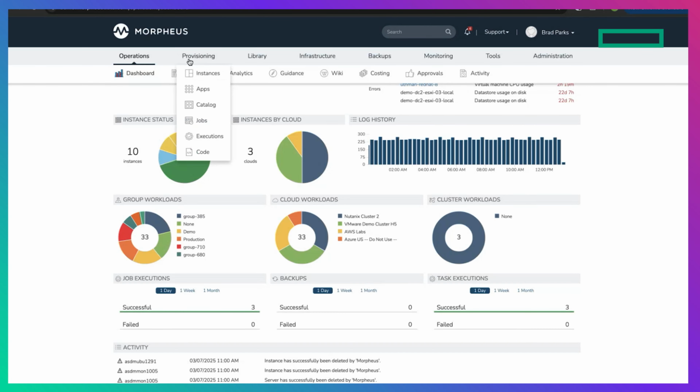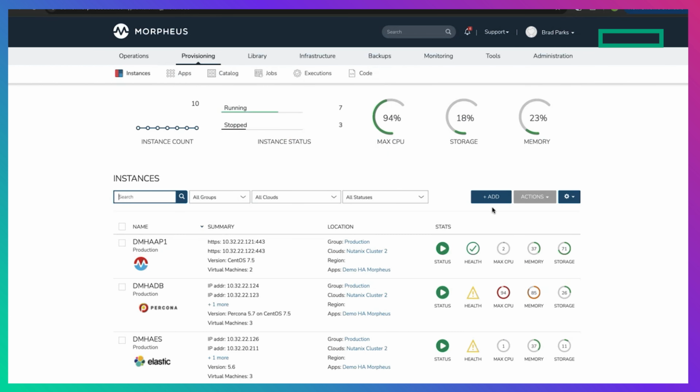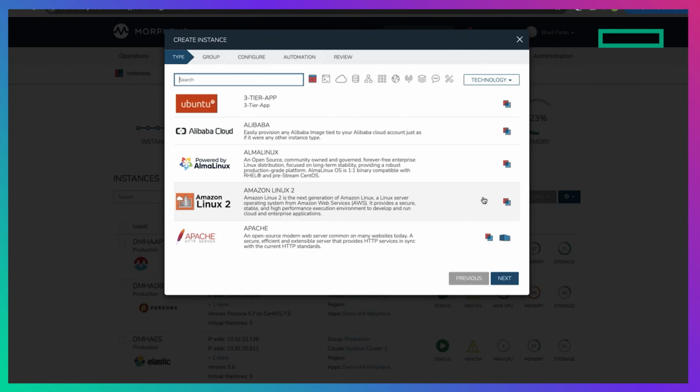So if I go into the Morpheus portal, I click in Instances, I'm going to go into Add an Instance, and I get my service catalog. So Morpheus comes out of the box with a number of default images, but usually we're going to integrate with your golden image templates. What are the databases, the data analytics tools, the web services, the VMs, the types of things that your business uses? That's what would be in this catalog.